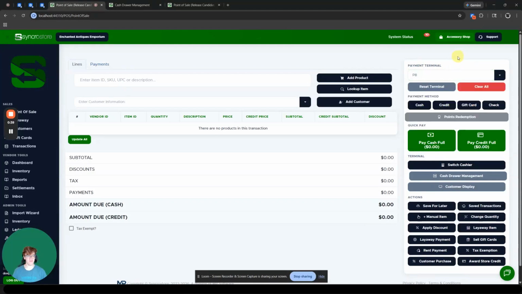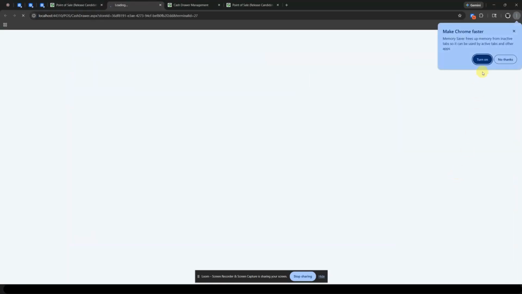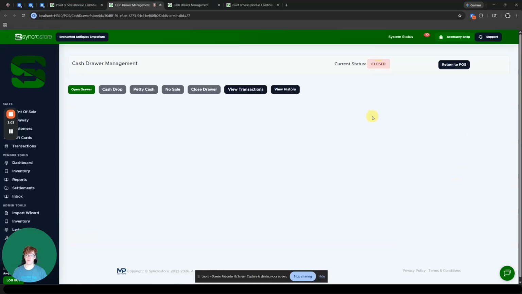Once you have the correct payment terminal selected, navigate down to the cash drawer management button, and you're going to go ahead and click on that. Once you're on the cash drawer management screen, you can see it says current status is closed. So in order to open a new cash drawer, you're going to go to the left on this green open